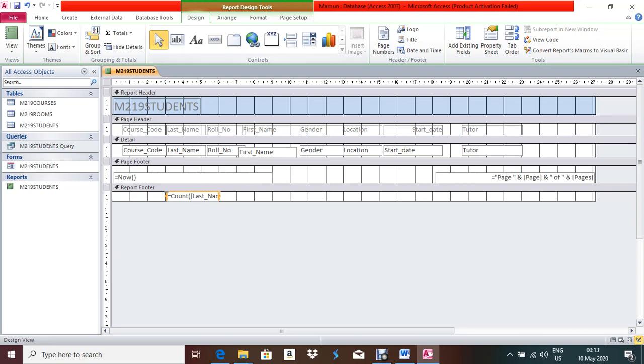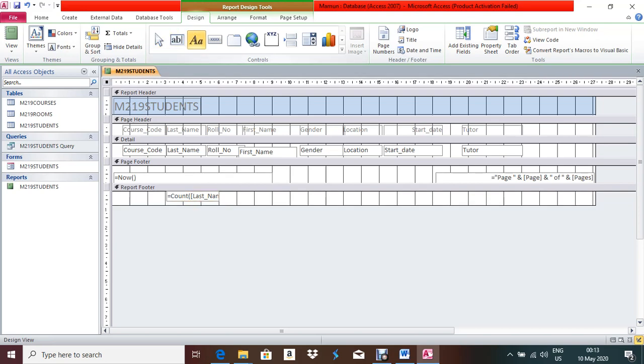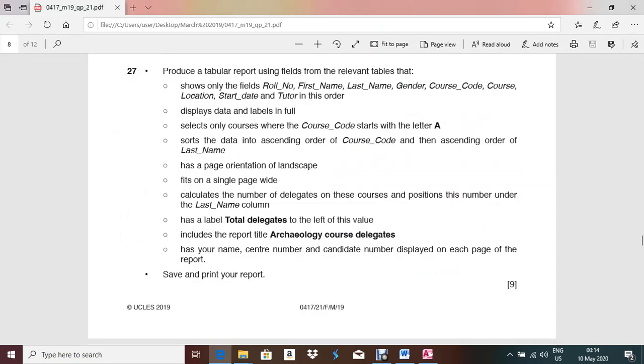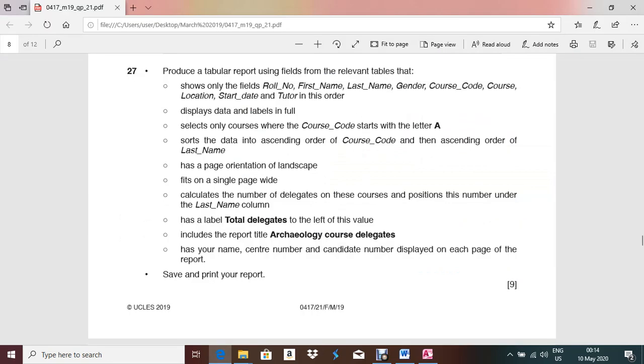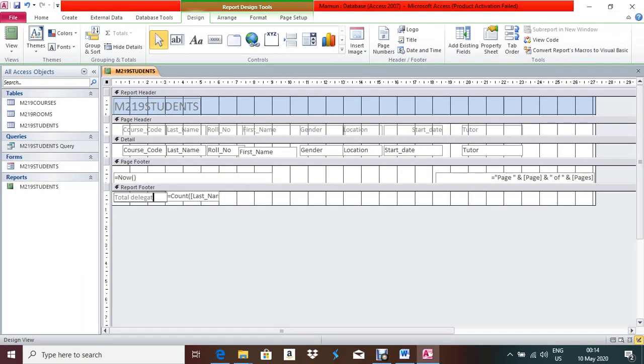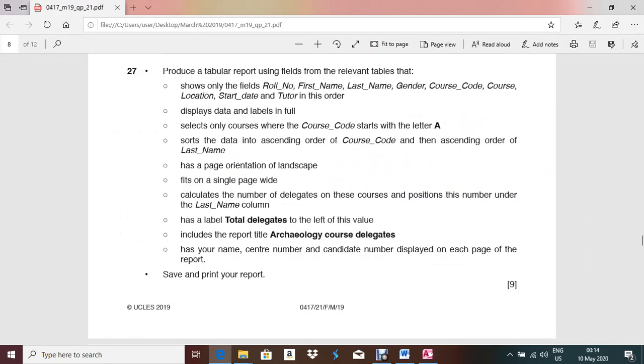Before this formula, as we need to type some text, we need to draw one label box. Write total delegates. Okay, done.